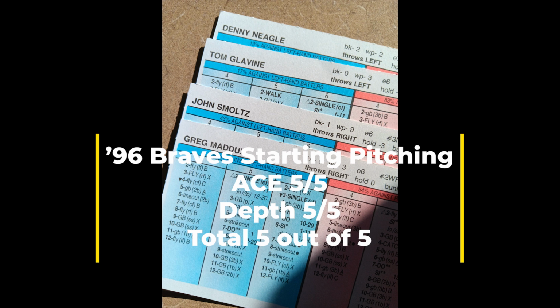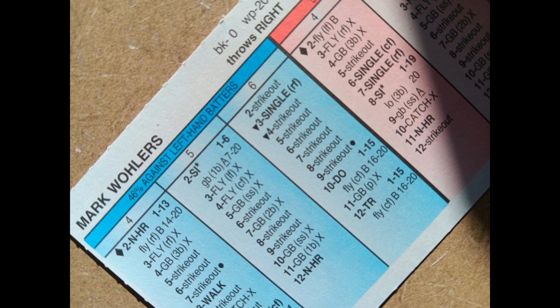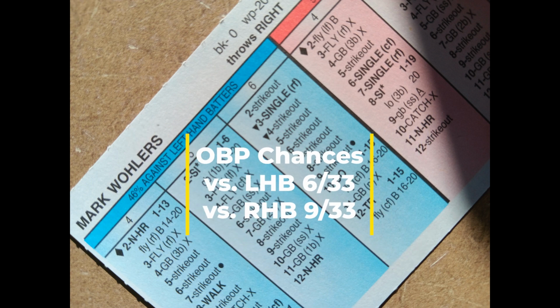So the starting rotation grades out perfectly. Now let's take a look at the bullpen here, and this is where we ran into a little bit of a problem. When you examine Mark Wohlers' card from 1996, you could see that his on base chances check out pretty solid. The number is a little bit high against right handed hitting, but the reason why I had to